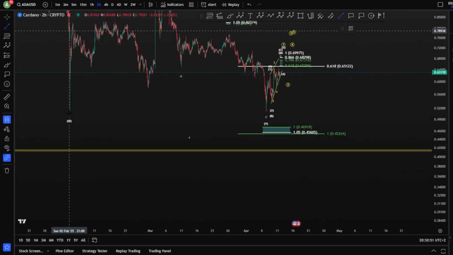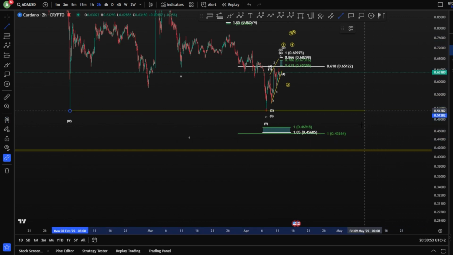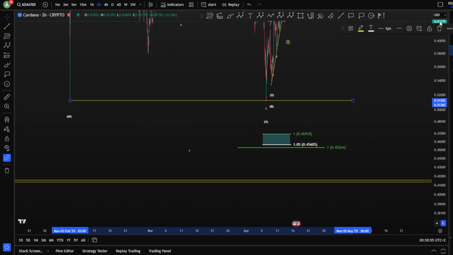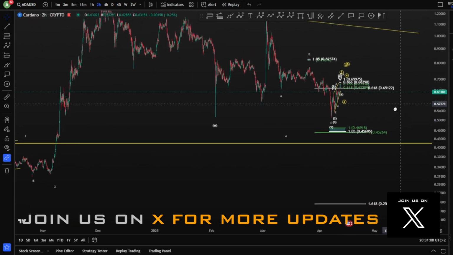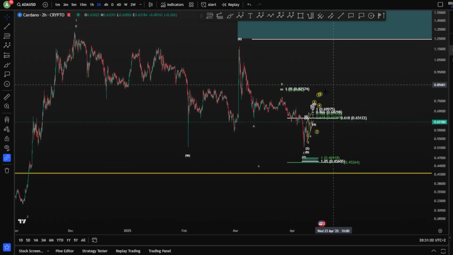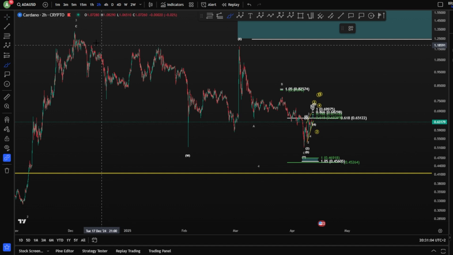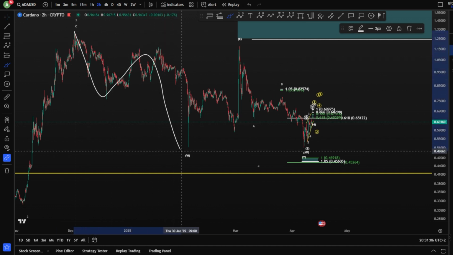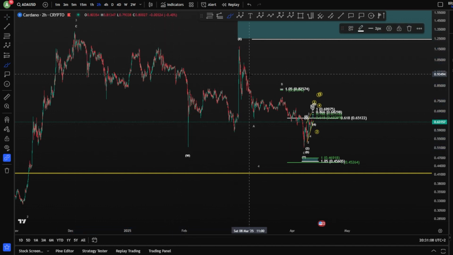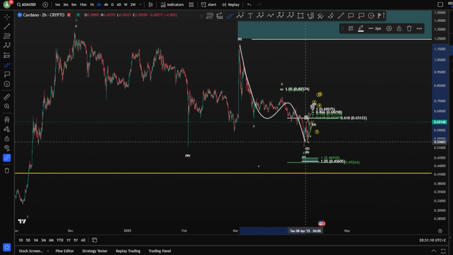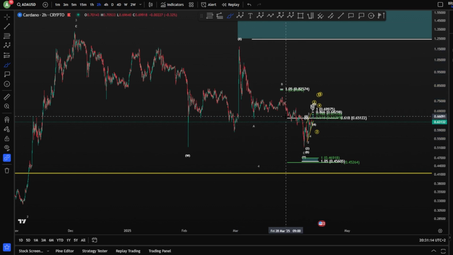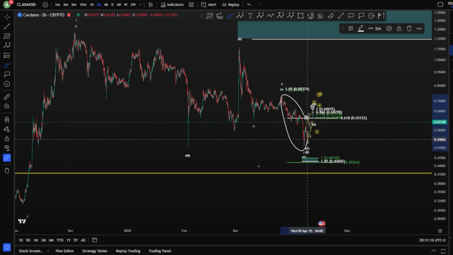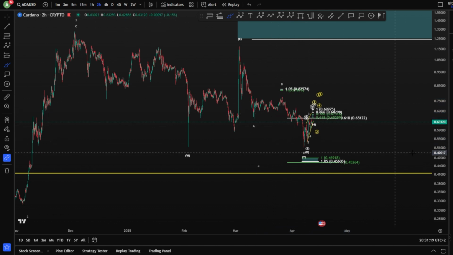Actually, let me check exactly with the level. Yes, we took the low, as you can see here, and we can see clearly. So this triangle is invalidated, and right now we have to think about something else, finishing this wave Y. So we still have 3 waves down for W, 3 waves up for X, but the wave Y is finishing differently here. It might be of course a zigzag finished already, knowing that this kind of impulse, yeah, is not